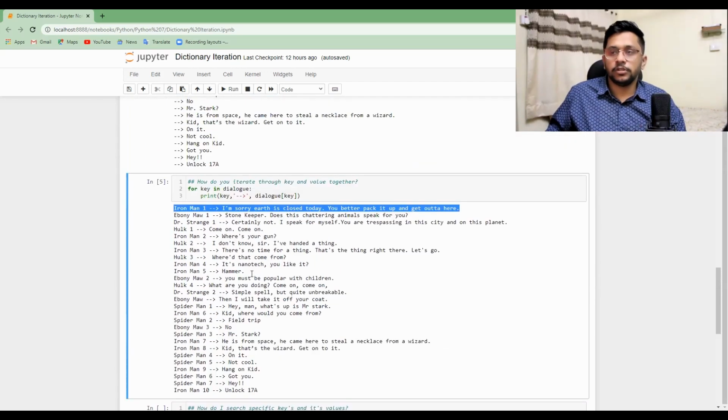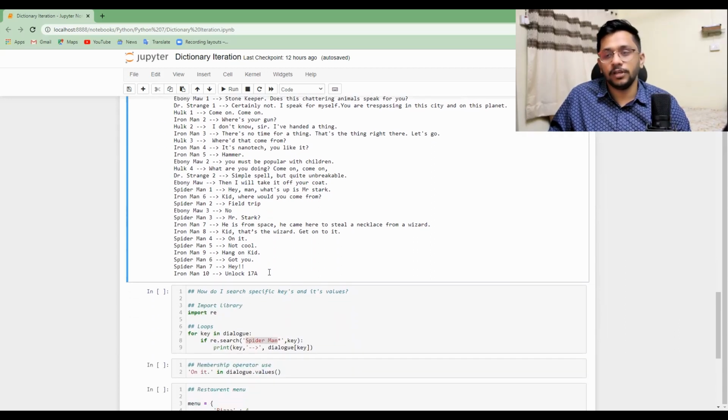Let's suppose that you want something more specific. You don't want to disclose dialogues to other people. Let's say Spider-Man's dialogue should stay with Spider-Man, or Iron Man's dialogue should stay with just Iron Man, so they don't want to share the dialogues. That's what the director told the script writer, who is a friend of a Python developer. He doesn't have to go through maybe 1,000 pages of script. If he has stored them in a dictionary, he could do it within a few seconds. So that's how we are going to do it.